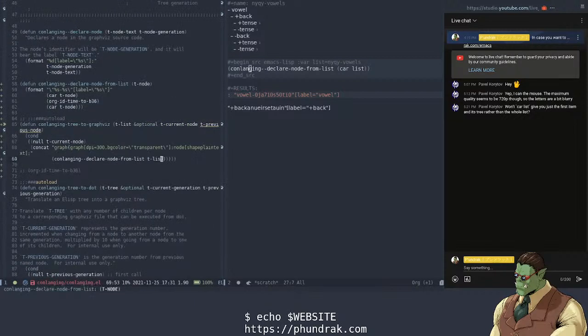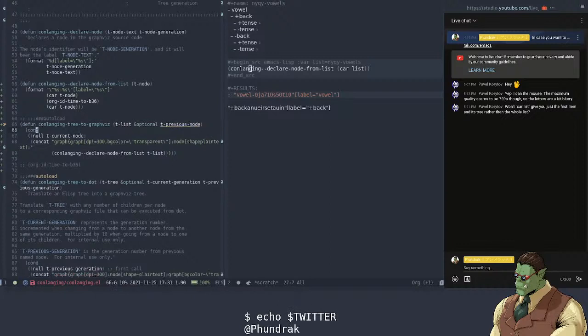Okay, so current node list, current node, previous node. I think I can remove current node here to make it a bit easier, and previous node, that is here. And now